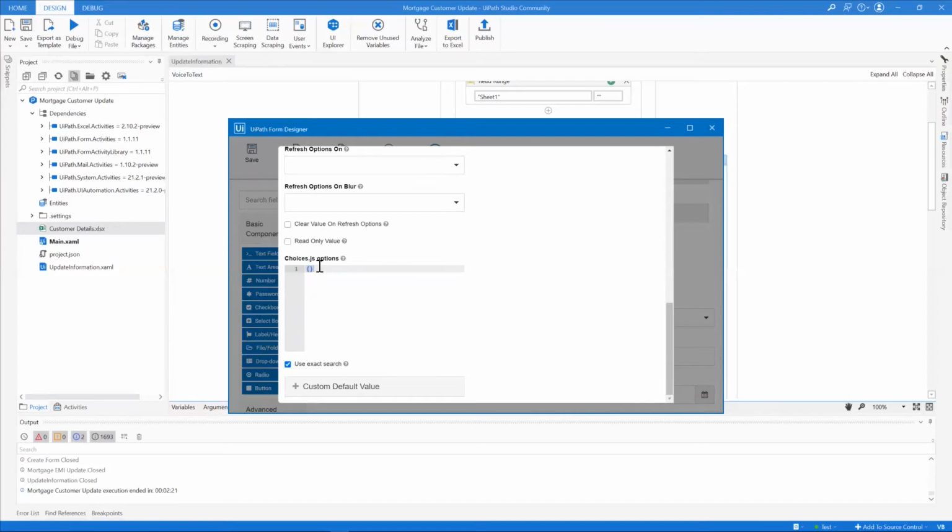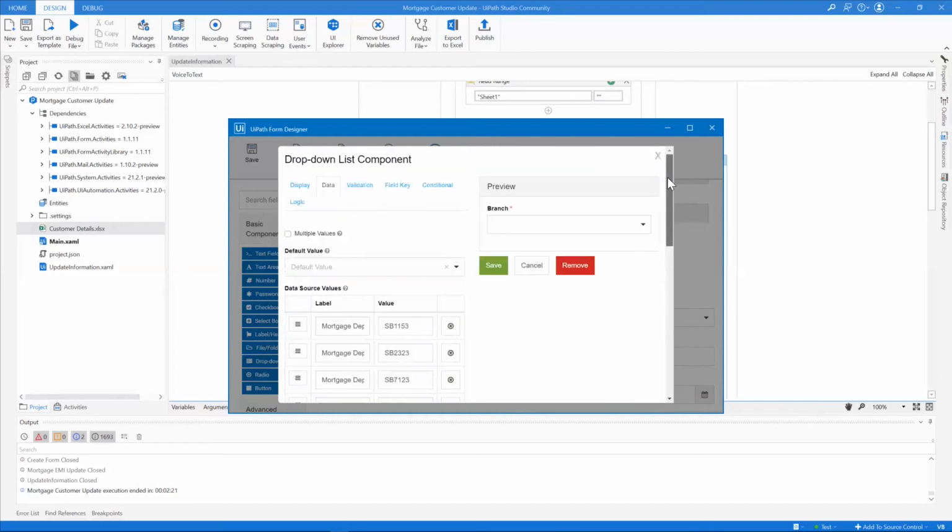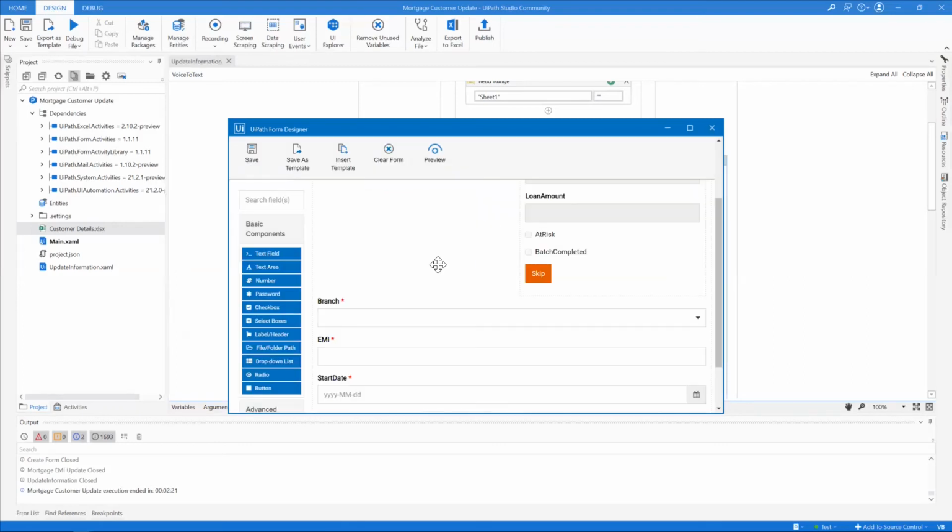And that search fields is going to accept the value as an array, and I can go ahead and save this. With that, we have completed all the changes that we wanted to do within this form. I can go ahead and save this,